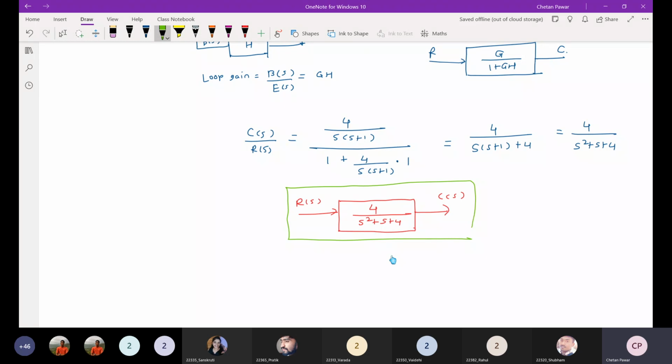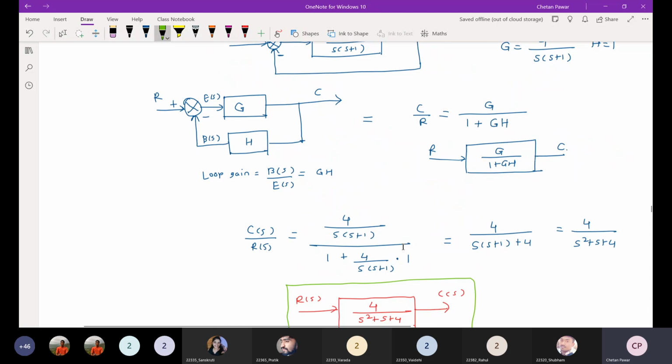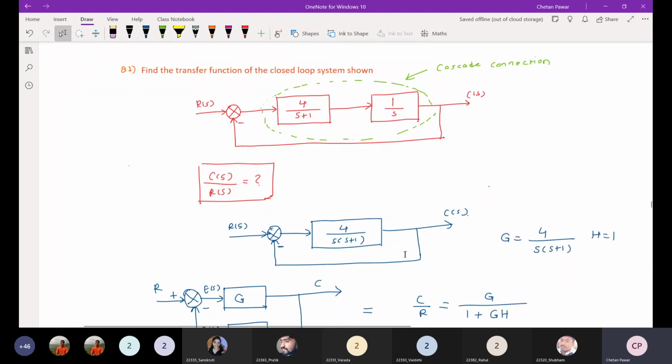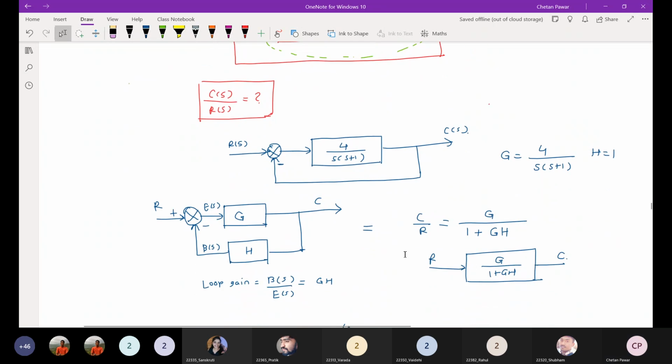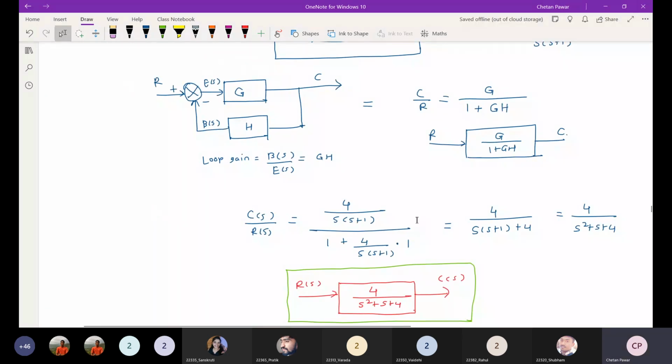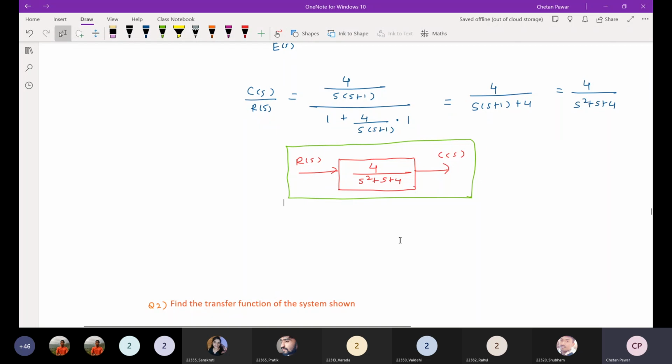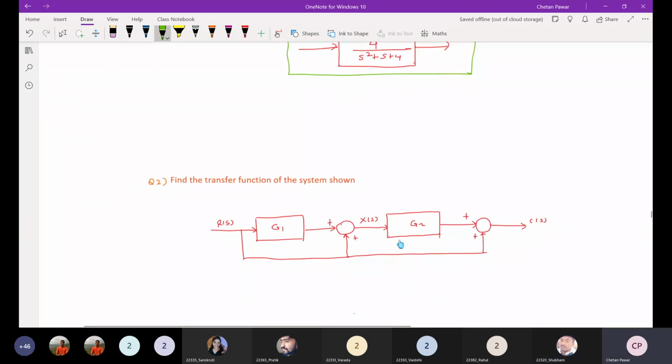Okay. So any doubt is there here? Simple only. If anyone is having doubt, they can ask me. The simple block diagram reduction technique we have used. We have already seen these rules. So I don't think it will be having any problem. If you have any doubt, you can ask me. No issue. So can we proceed? Yes, sir. Okay. So second